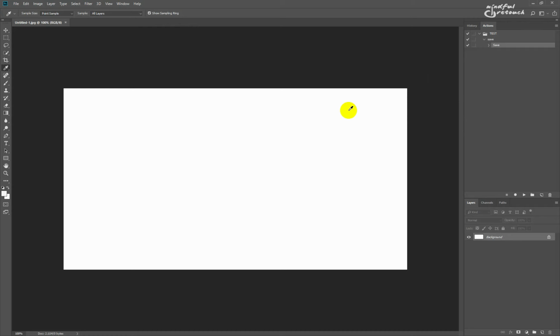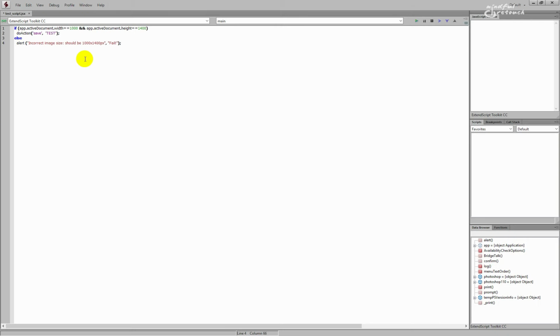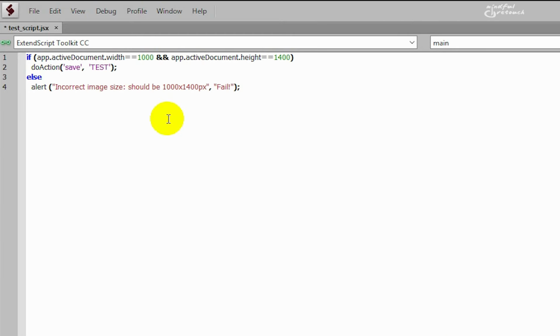Let's say that I need all my images to be 1000 pixels wide and 1400 pixels high. Next thing I need to do is to write a script that will check the image size and alert me if it's not right. Believe me or not, but the most simple version of a script like this is just 4 lines long. I wrote it like this: if